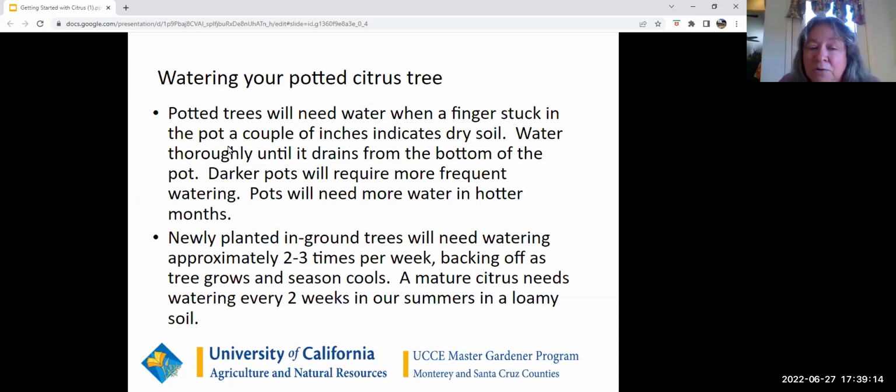A thing to note is if you have darker pots, if you're using dark plastic or dark porcelain, they're going to need more frequent watering. Those pots may get pretty hot. So consider that when you're thinking about the site where you're going to plant your tree, because I did tomatoes